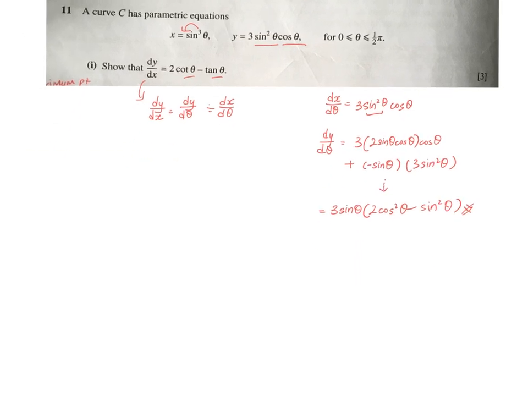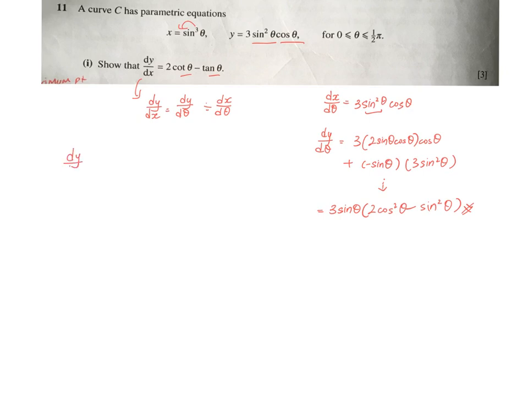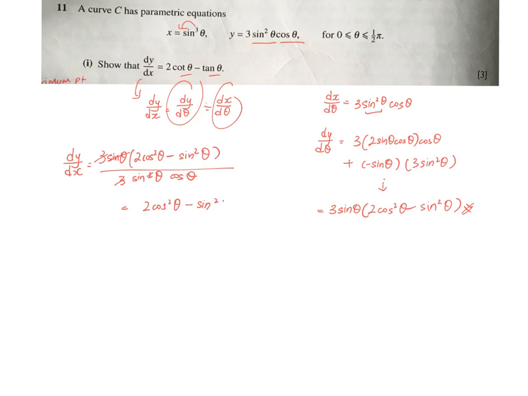And dy/dx over here, because it's equal to dy/d theta divided by dx/d theta, this is dy/d theta divided by dx/d theta. Simplify this, cancel, and what you're going to get is something like 2 cos squared theta minus sine squared theta over sine theta cos theta, which is the same as